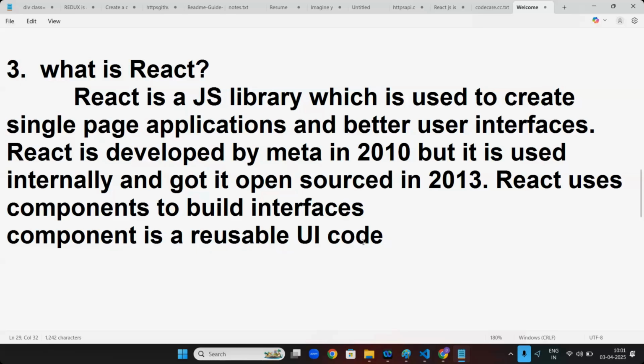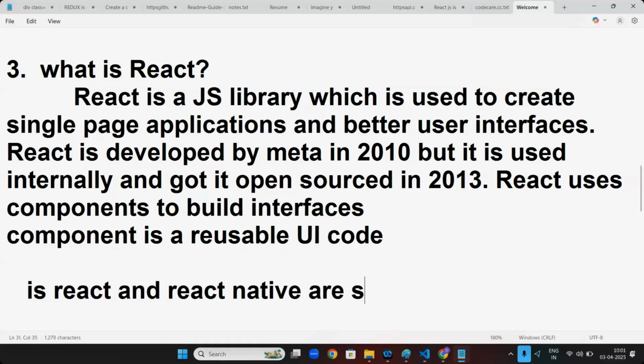Next, let's go with some industry myths. First, some people will ask me this question: are React and React Native the same?